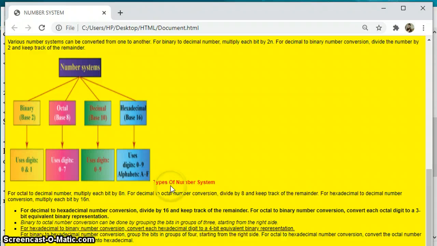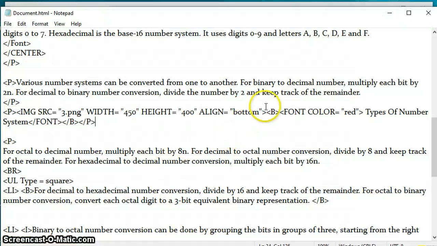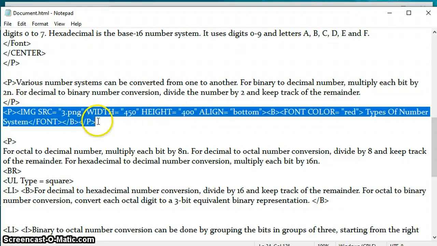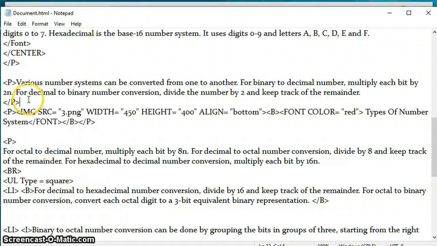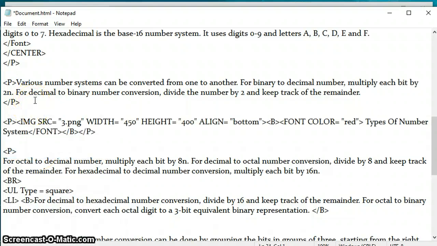Now what I'll do, there are 3 alignments: top, middle and bottom. So this is bottom. Now I'm changing it to top and middle also. Here I have written bottom. Now I am copying and pasting the same so that you all can see the change or the difference.